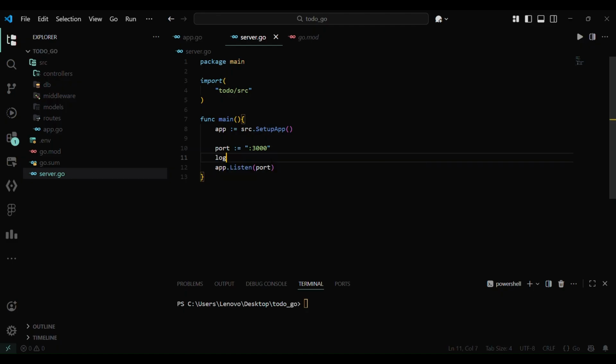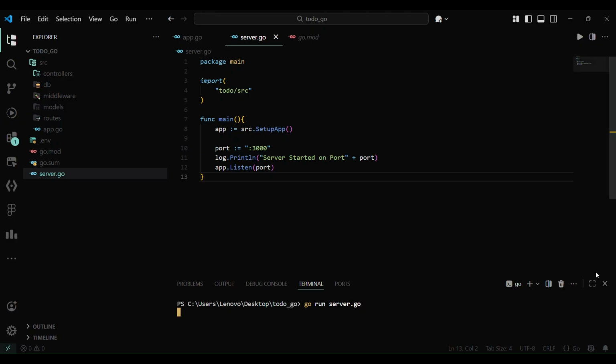Here actually just log the println server started on port. This will just simply make sure that our app is running and we don't even have to open browser to check our app. Let's just run